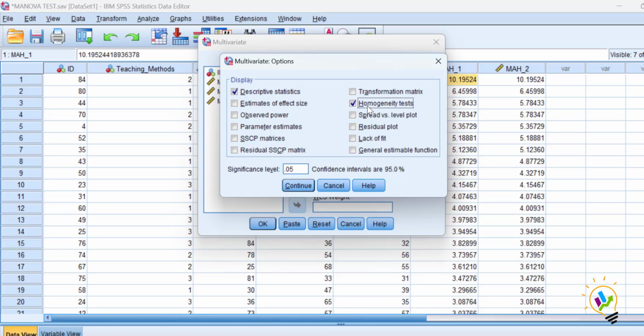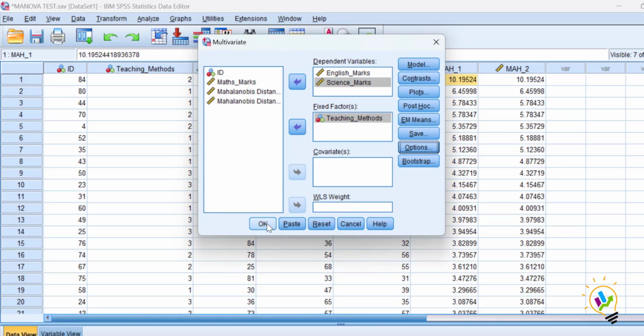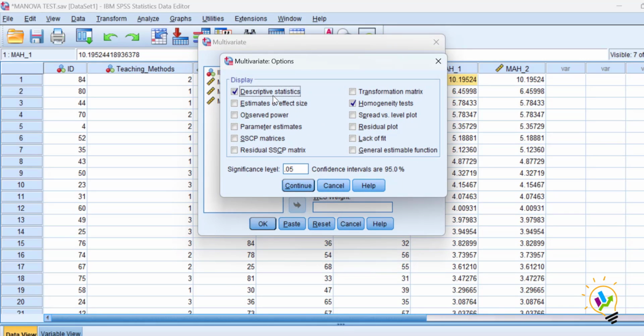This homogeneity test is going to tell us about the homogeneity of the variables. So we are going to select only two things: display descriptive statistics and homogeneity test. Click continue and click OK. That's it. This is a simple way I am taking. I have selected two dependent variables, English marks and science marks, and for the fixed factor we must select the teaching methods. We have three teaching methods: method A, method B and method C. In options I have selected only descriptive statistics and homogeneity test. Click continue